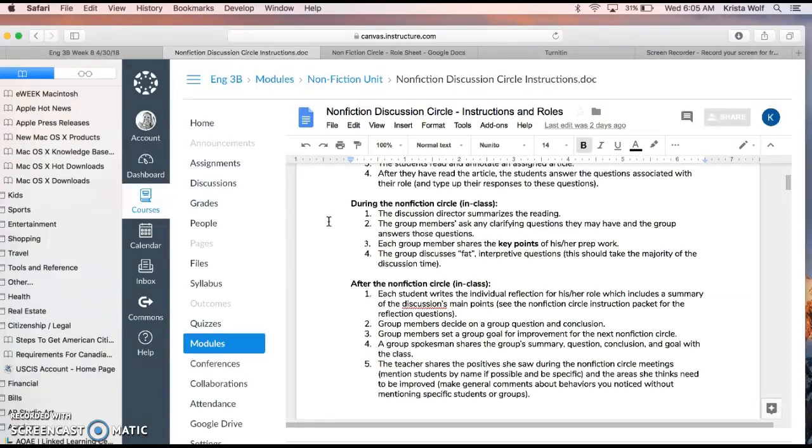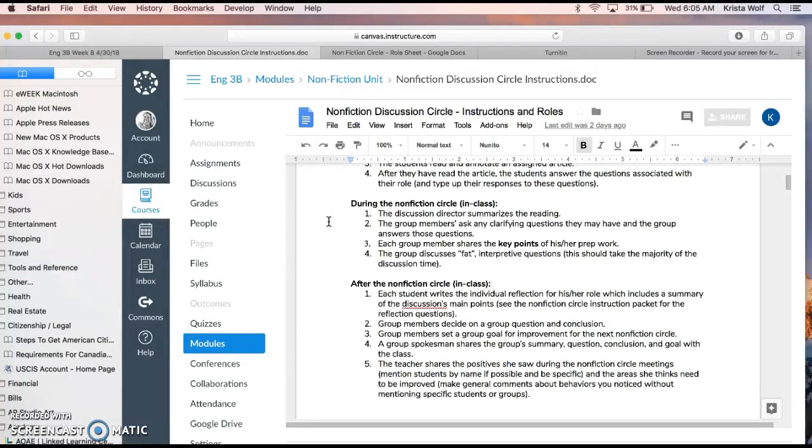What did you guys read? What was that segment about? Give a brief summary of everything that's captured in that section of the text. And then there's time for clarifying questions. Maybe there's something that you guys found confusing, or something that was really of interest that you want to talk about as a group before you jump into the specific parts of the roles.